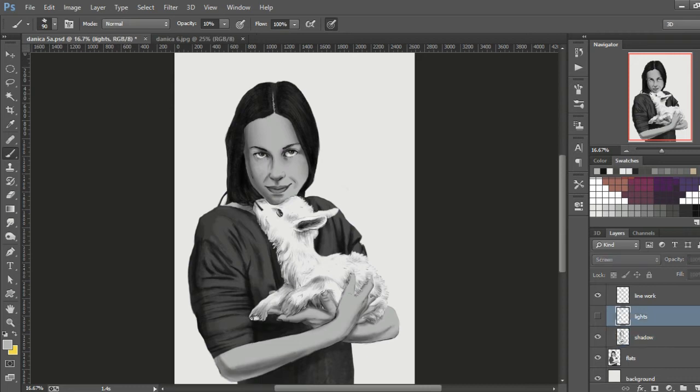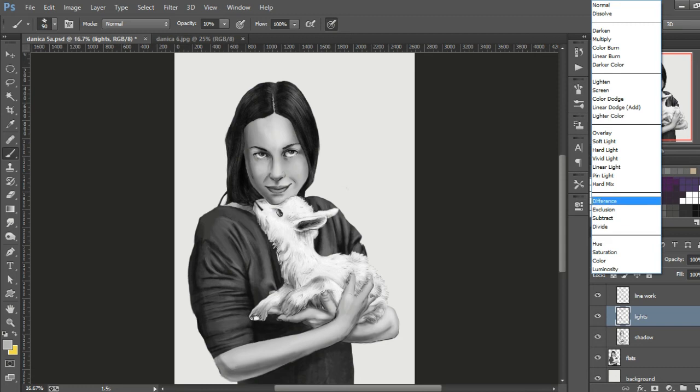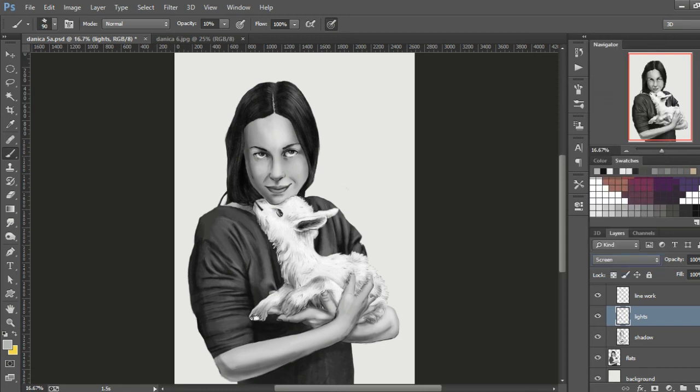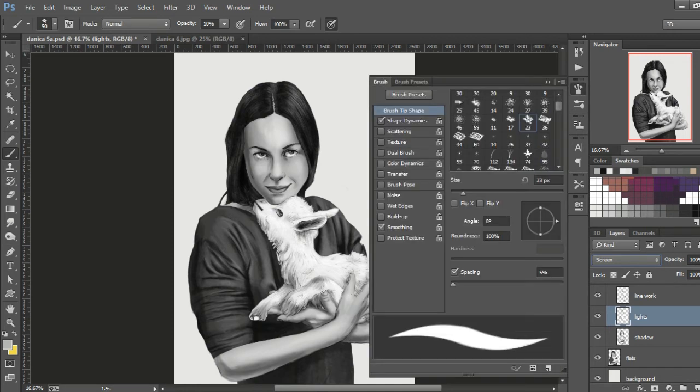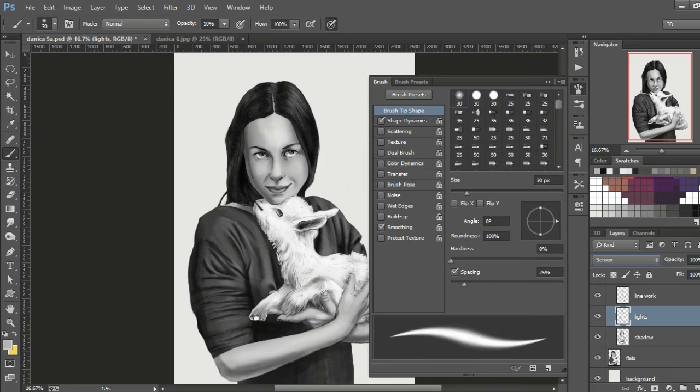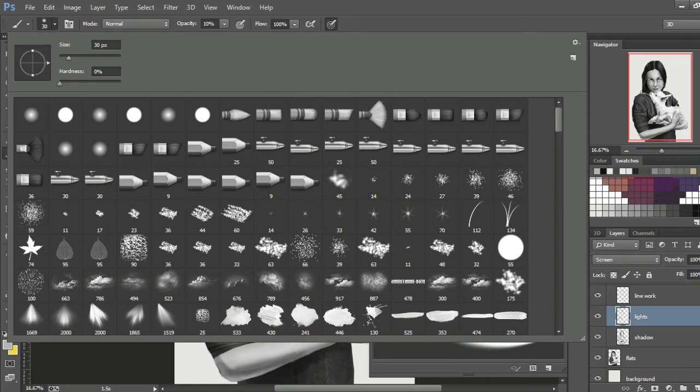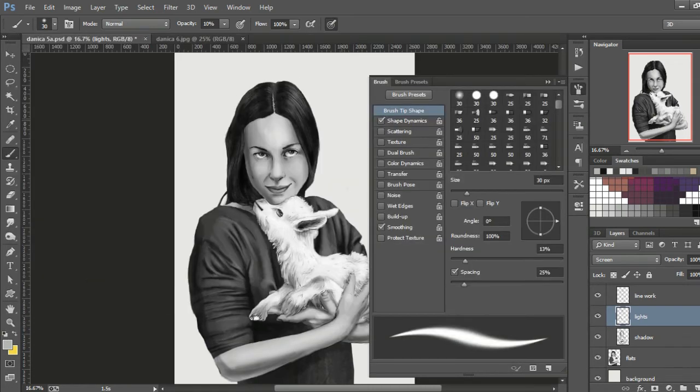After that, we go on to painting the light areas. For light areas, I like to use screen blend method and use the same approach. Use chalky brush or whatever brush that you would prefer. Maybe some that has softness or hardness that is low, and add with 10, 30.